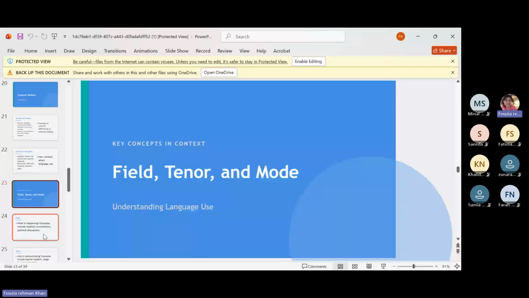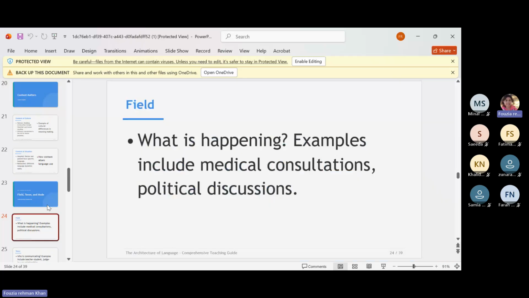registers, registers have three things in them. These are very important terms. You need to be very clear about this: field, tenor, and mode. These terms would be repeated throughout the course of systemic functional linguistics. And these are the terms that are also used during the analysis. Now, field refers to